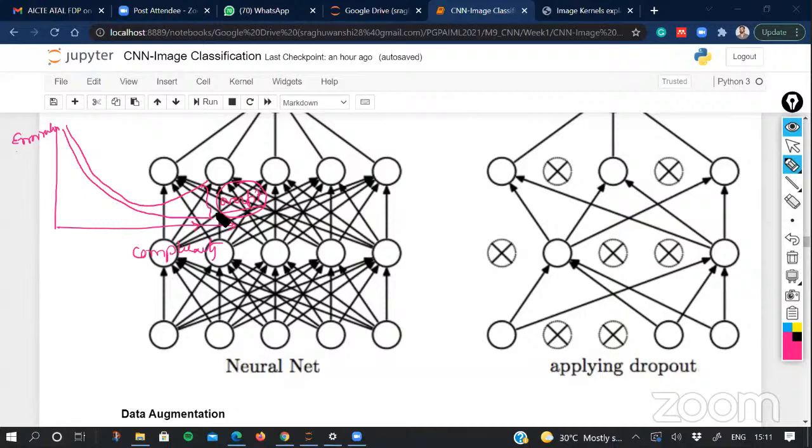Overfitting is a situation where the model performs well on the training data, but fails on the test data. Or you can say that the model gives better accuracy on the training data, but poor accuracy on the test data. So we want a model which performs equally well on training data as well as on the test data. So this is your test data and this is your training data. If you take somewhere here, you see that this model is performing equally well for both training and test, which means that you want to search for the sweet spot.